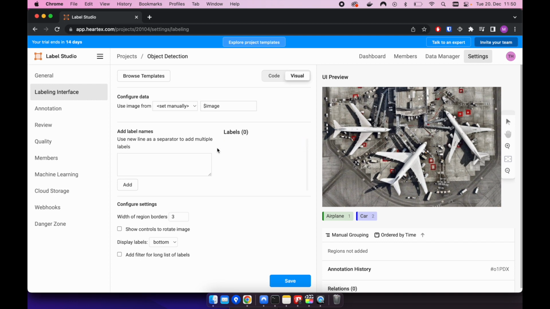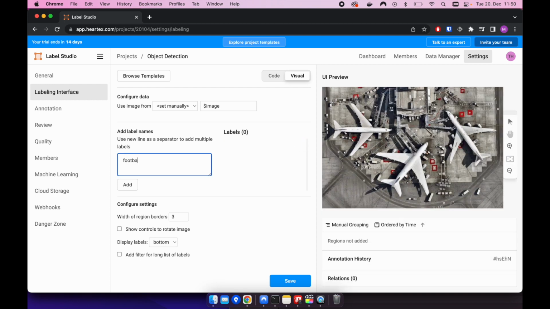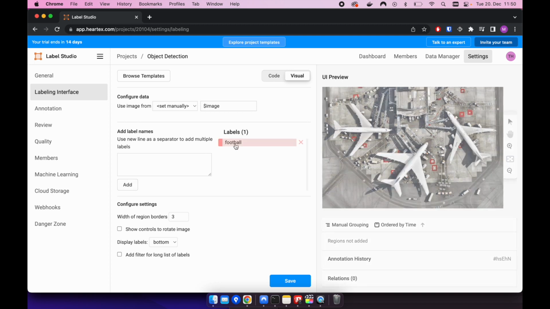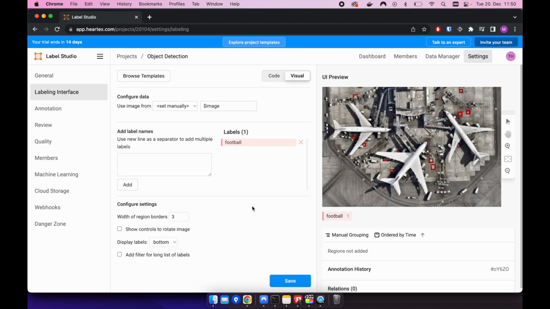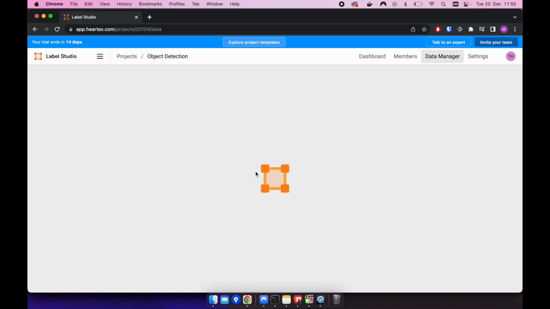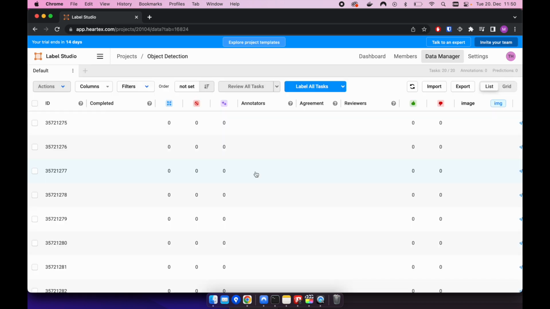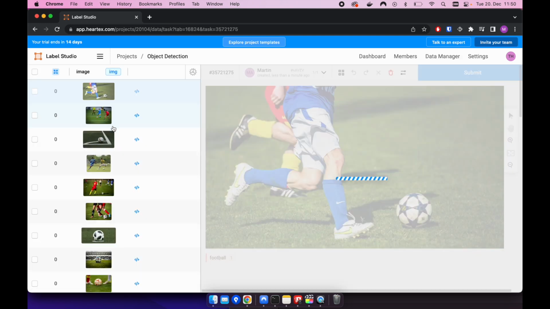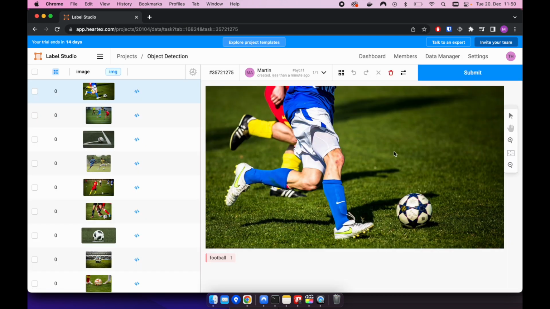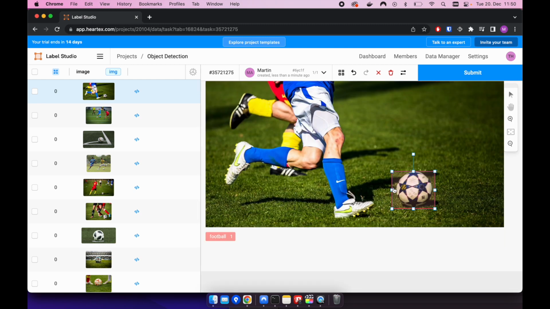And so what I will do, I mean, this depends on which kind of object you want to detect, but I want to detect footballs, so I just add my football label, and that's the only one I will use. All right, and I think now we can start labeling. Yeah, that looks good. So I first click on the football, and then I create the bounding box. Can be more accurate, and oh,